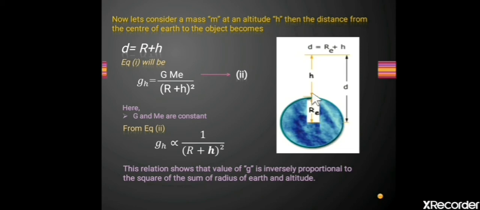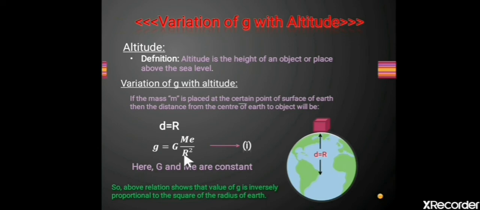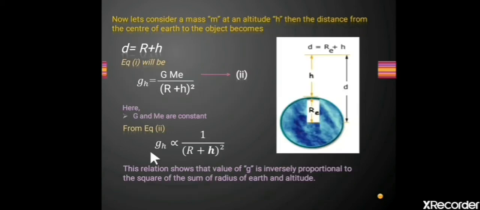Now, an object is placed above the surface of the earth at altitude h. Then d will be equal to Re plus h. In equation 1, we will replace this R with R plus h and g with gh. So, acceleration due to gravity at altitude will be equal to capital G multiplied by Me upon R plus h whole square. Here, G and Me are constant values,